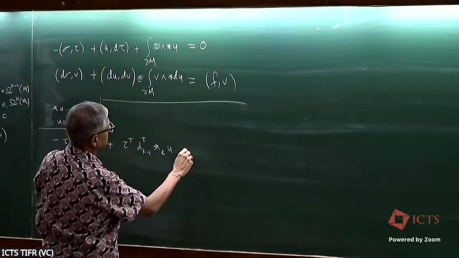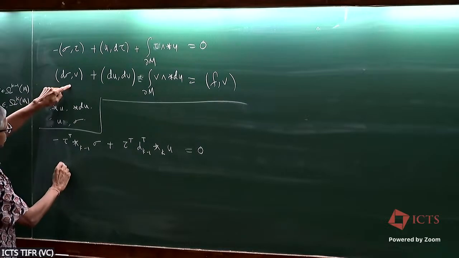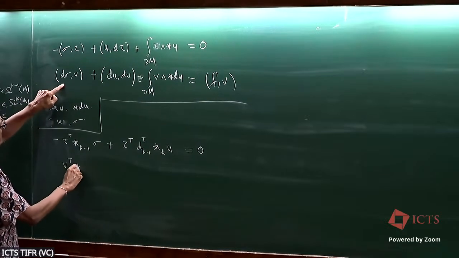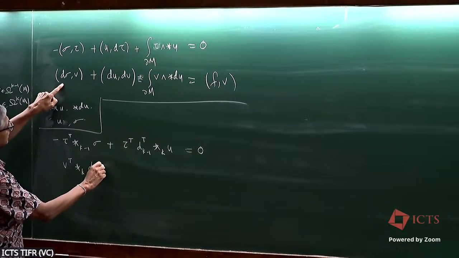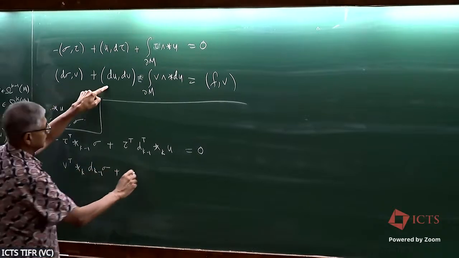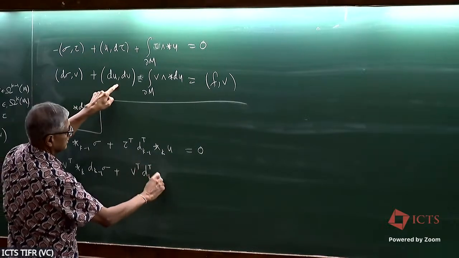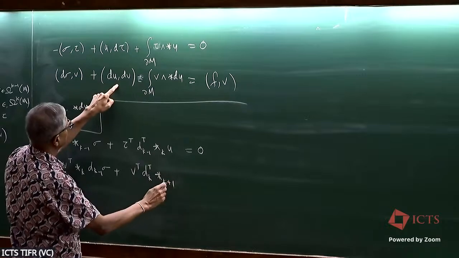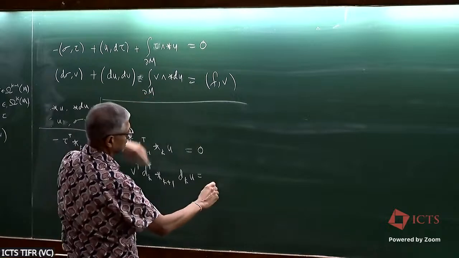And let's throw away the boundary condition for now. And this is v transpose star k d k minus 1 sigma plus v transpose d k transpose star k plus 1 d k u equals, throwing away the boundary condition,